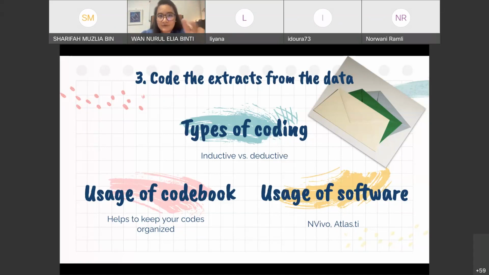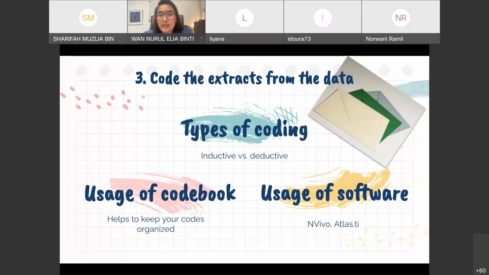All right. Okay, so we have covered three things for coding. Number one, types of coding, inductive versus deductive. Remember, deductive is a preset code that you want to look out for in your data. Inductive means you code as you go along. You don't allow yourself to be dictated by a predetermined code, but you code as you read through the data. All right. Number two, we have talked about the code book. And number three, I have introduced to you the notion of using a software in coding your qualitative data, which might be very, very useful if you have lots and lots of qualitative data to be analyzed.